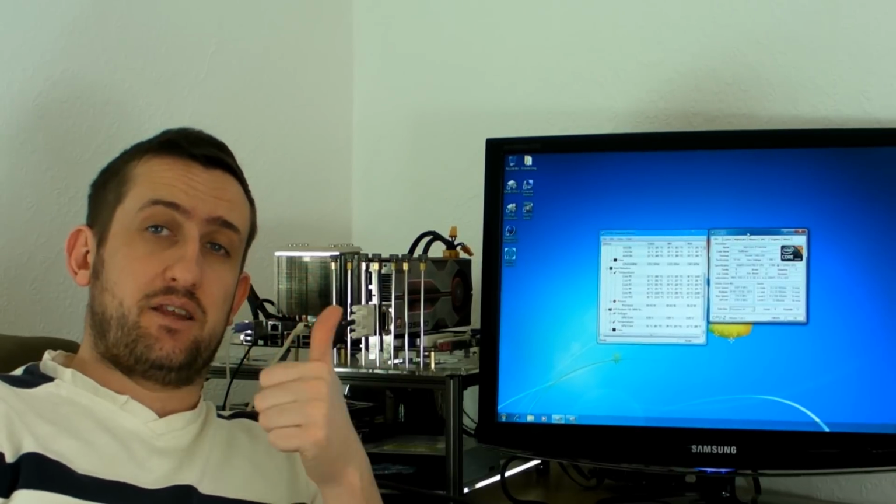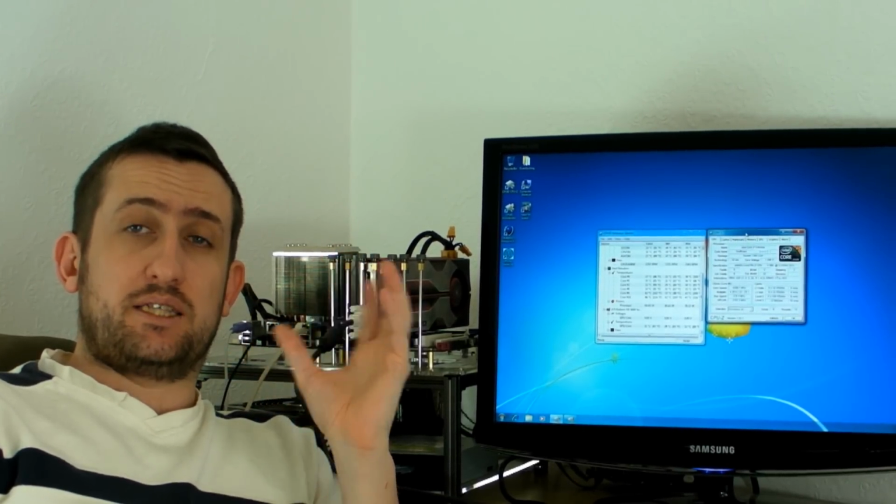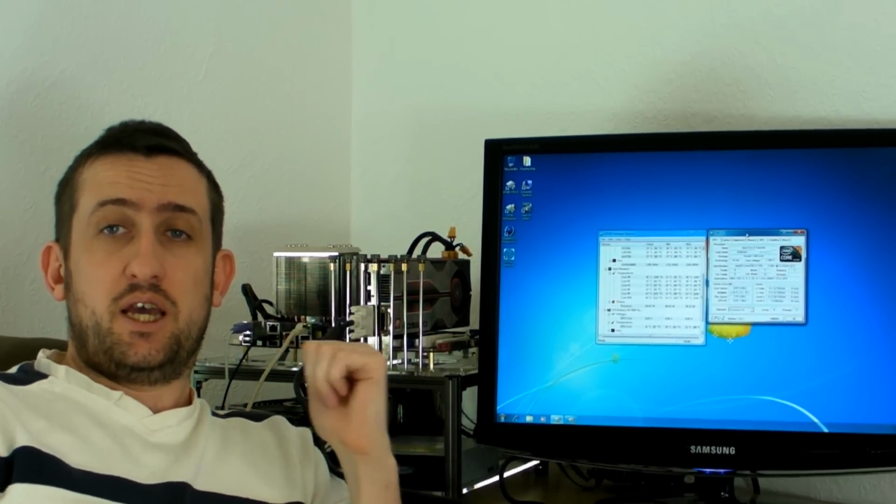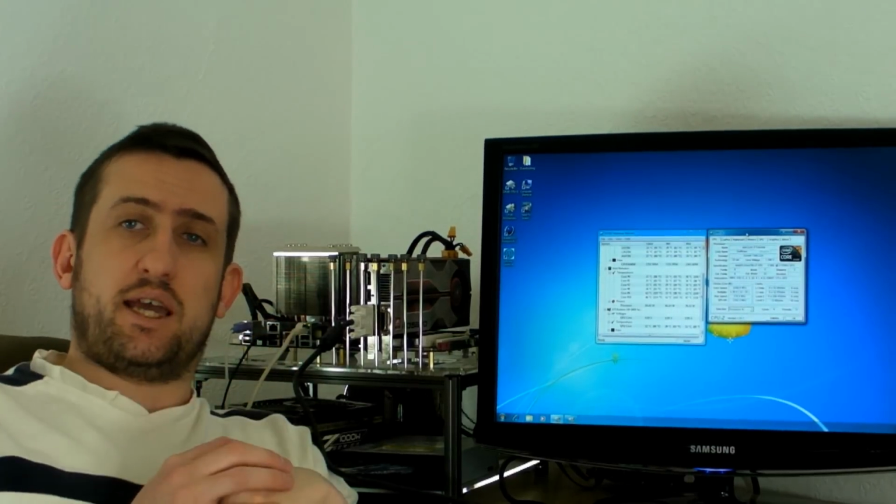and the better the games. We even got Crysis to run an average of 60 frames a second with one 5870 and the 980X. So where the ATI card was struggling before with the physics that Crysis wants, the CPU was easily grabbing hold of all those physics and just basically chewing through it and making it a much more stable game. And the average was 60, we were getting lows of I think 32 was the lowest we got on Crysis Warhead, and then the maximum was up in the 80s somewhere. Crysis Warhead's a very demanding game,